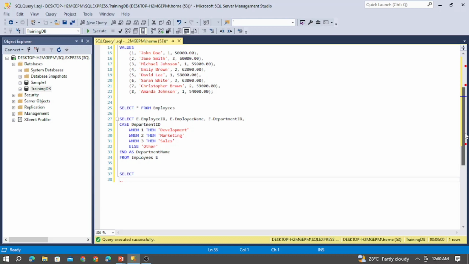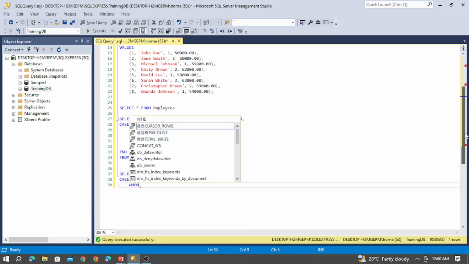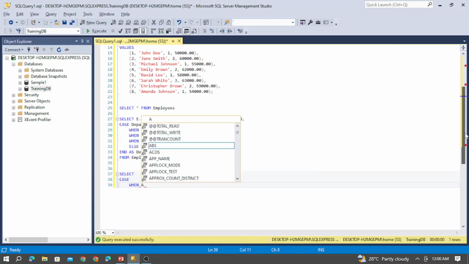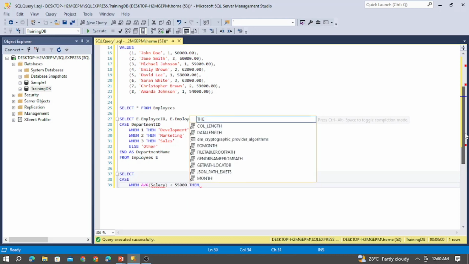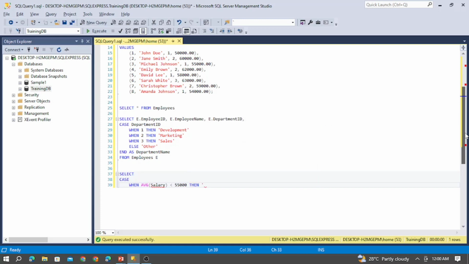Select case of when the average salary is less than 55,000, then I need to display this as low salary, and when the average salary is greater than or equal to 55,000